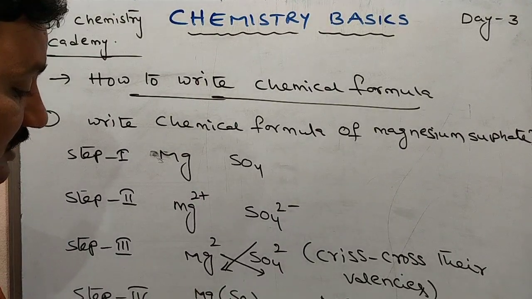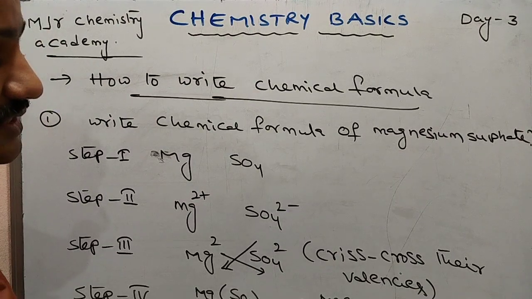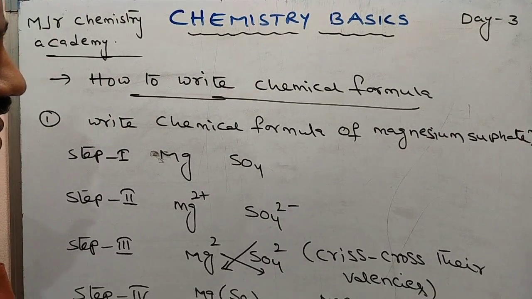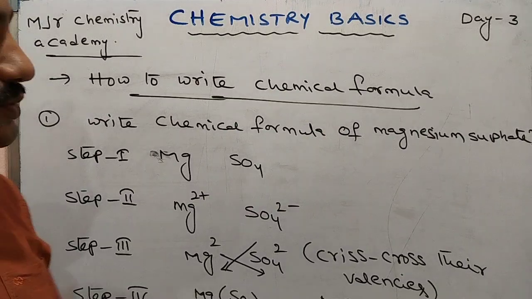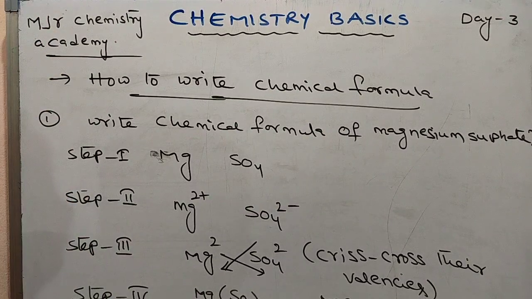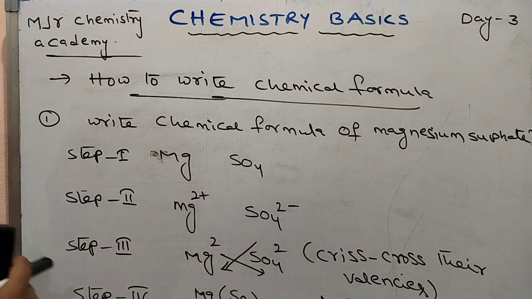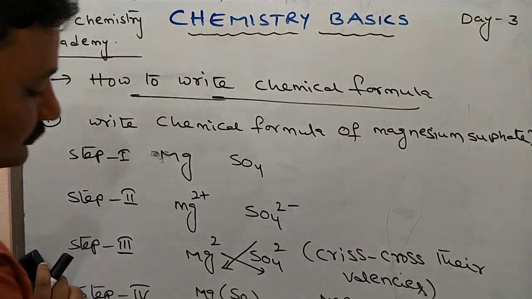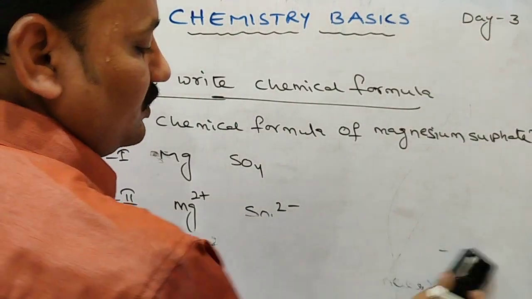Then the answer came like this. Then you convert it to the simplest ratio: 2 into 1, 2 ones are 2. So the answer is MgSO4, magnesium sulfate. Can I tell you another example? Another example, guys. Once you check that,